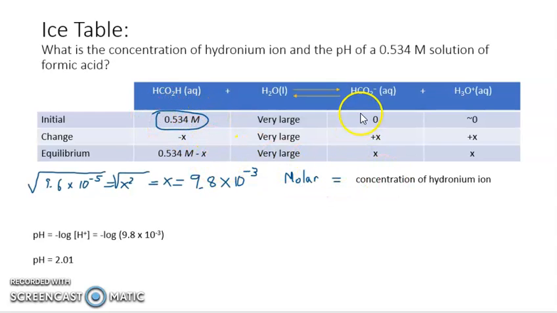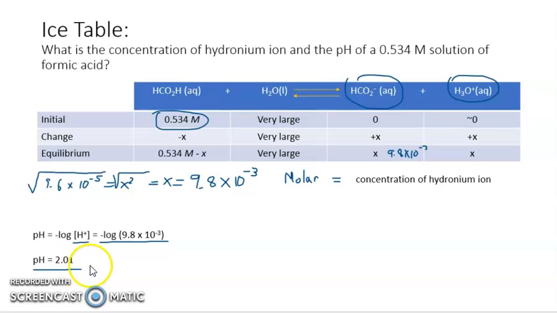That is a molar value because we started off with concentration in moles. So x, 9.8 times 10 to the minus 3, is our concentration of formate. It's also our concentration of hydronium ions. So pH is equal to the negative log of the concentration of hydronium ions. So pH is equal to the negative log of 9.8 times 10 to the minus 3,